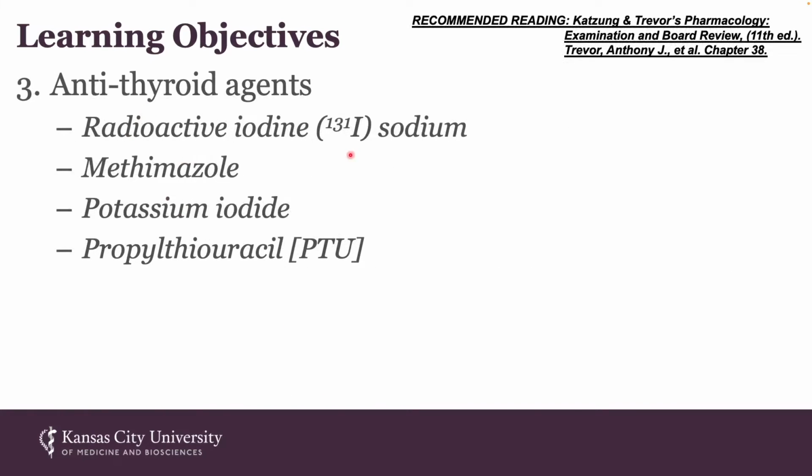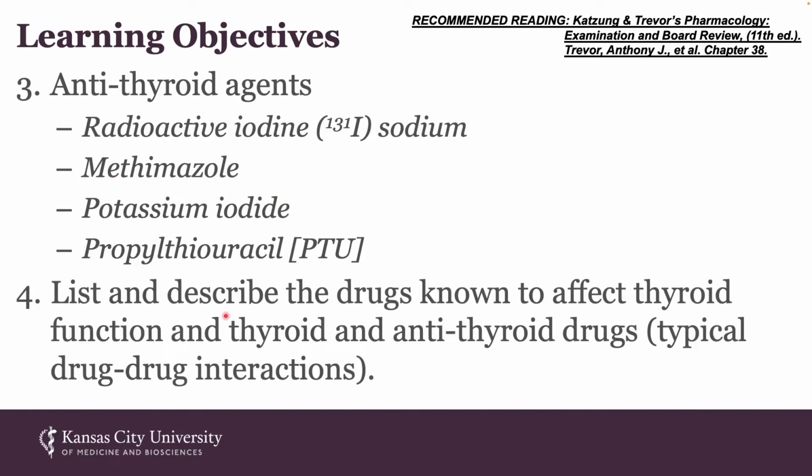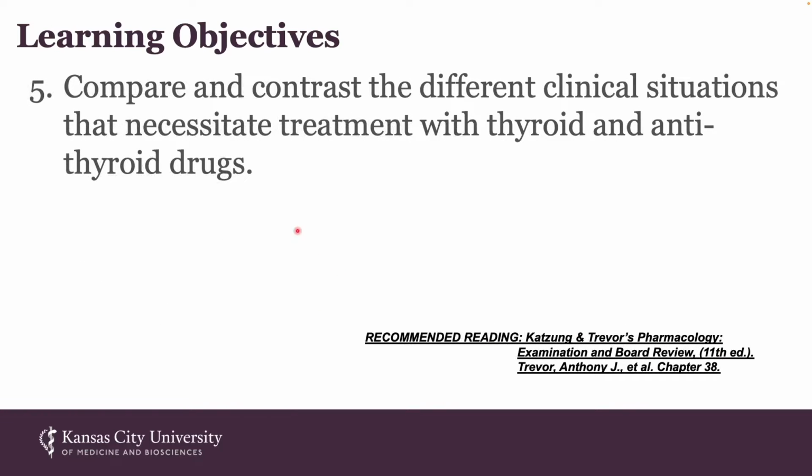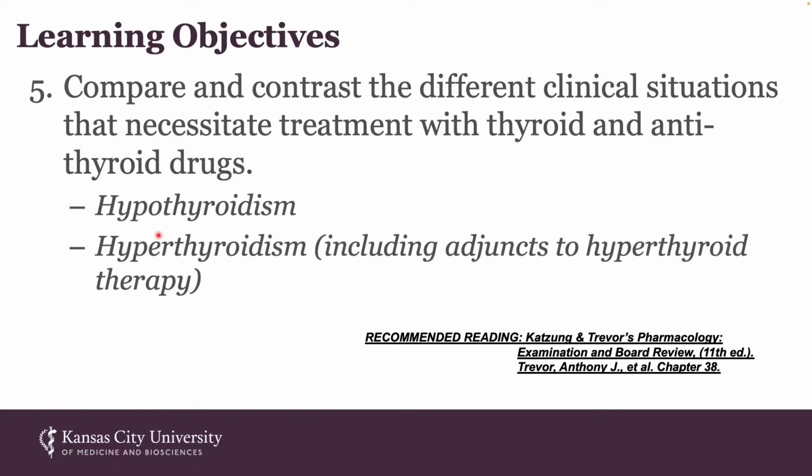Antithyroid agents include I-131, methimazole, potassium iodide, and propylthiouracil, also known as PTU. We're going to list and describe the drugs known to affect thyroid function and thyroid and antithyroid drugs, paying close attention to typical drug-drug interactions. We're going to compare and contrast the different clinical situations that necessitate treatment with thyroid and antithyroid drugs, to include